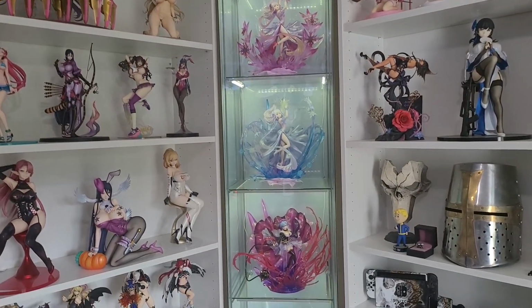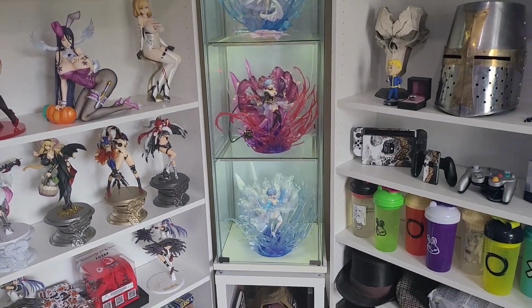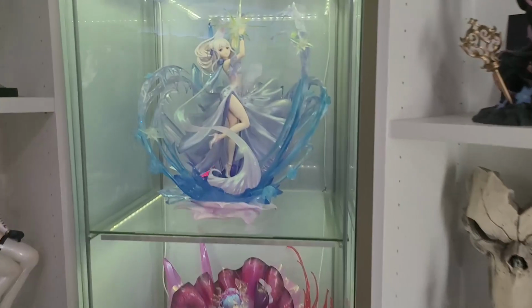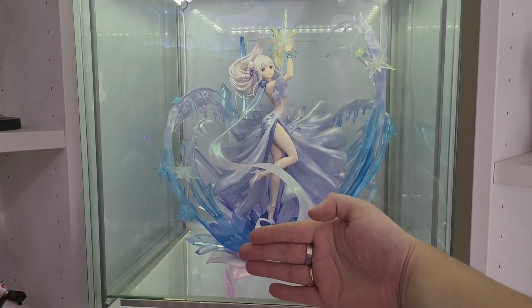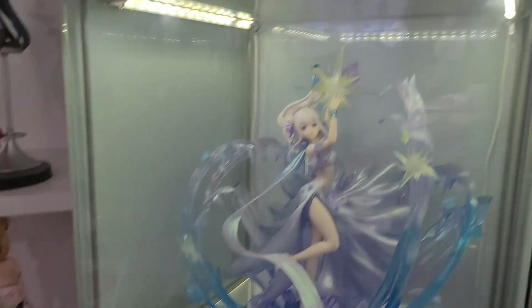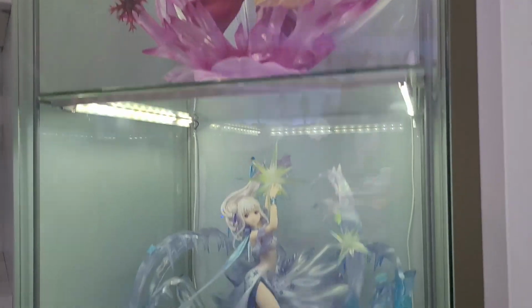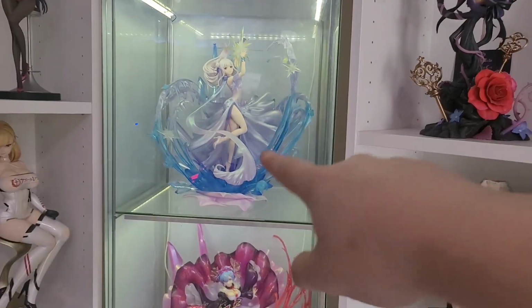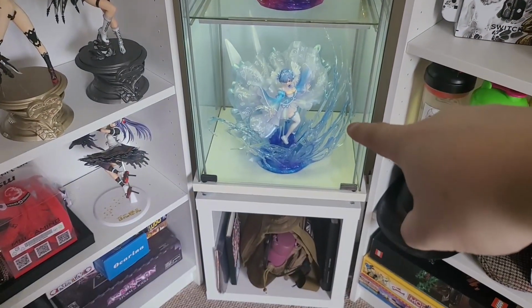So this is the E-Stream Shibuya Scramble ReZero pieces, and they're all 1/7 scale. And they are massive and gorgeous. They are really big. And they've all got this amazing ice artwork around them all. And so there's a good Emilia, a demon Emilia, a good Rem,